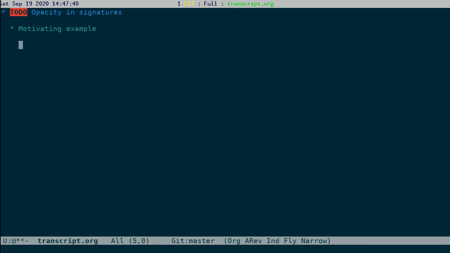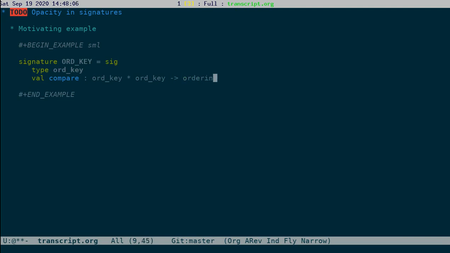Recall that we had this signature. And using this, let's say we had an implementation of sets, maybe as a binary tree, which was given by a functor.